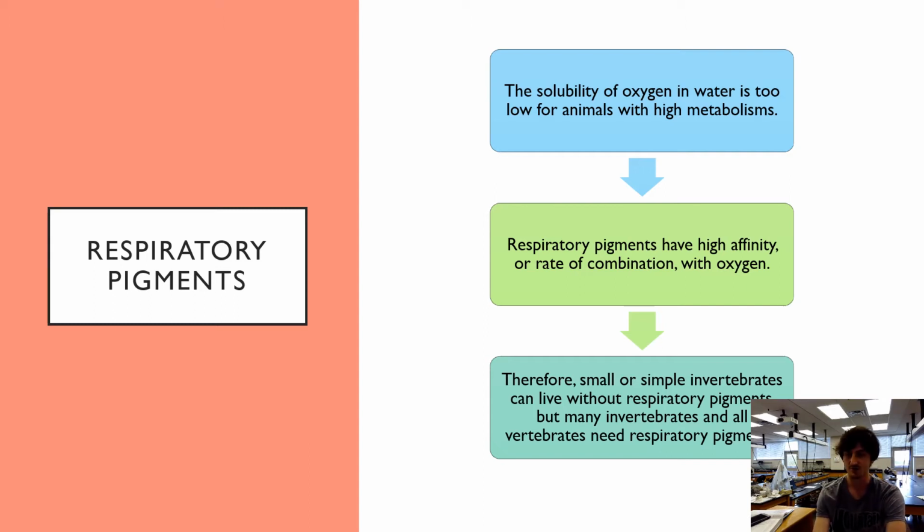functions of these organisms. When you're extremely small, you don't have to have fairly complex respiratory systems, because oxygen and CO2 will diffuse into your body or out of your body through your cuticle just passively. You don't actively have to pump oxygen into your body and then transport it around to all the cells that need it. You just have to basically sit there and allow oxygen to diffuse in and CO2 to